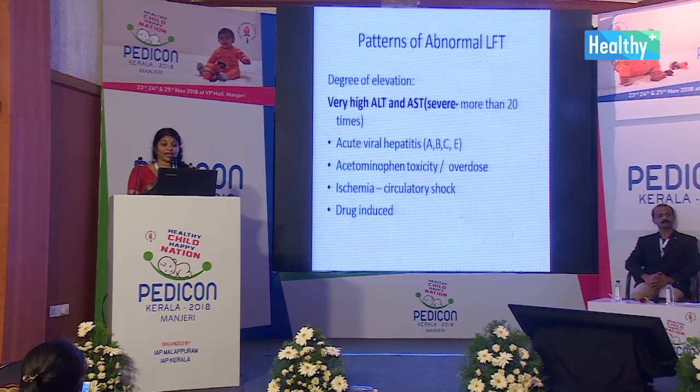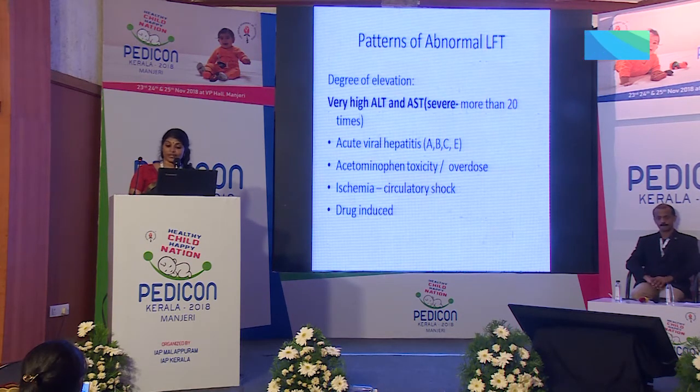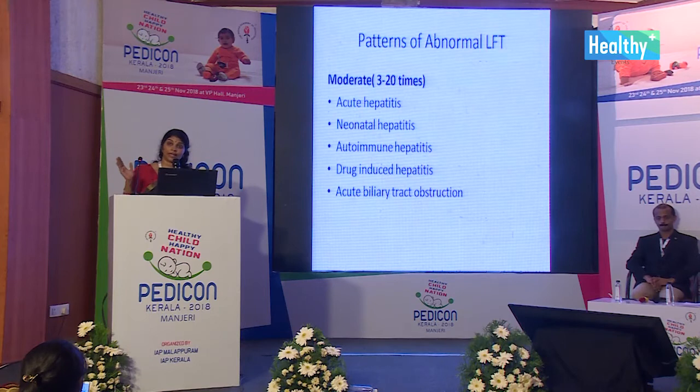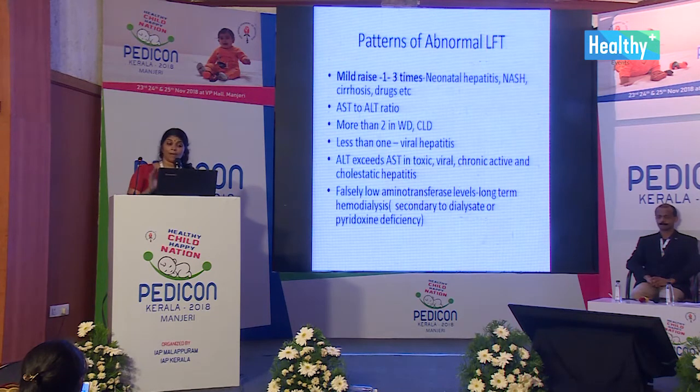So, very high ALT and AST, think of acute viral hepatitis, drugs and toxins, as well as ischemia, that is circulatory shock. Moderate elevation, think in terms of acute hepatitis, neonatal hepatitis, autoimmune hepatitis, drug-induced hepatitis, and acute biliary obstruction. Mild rise, 1 to 3 times, think of neonatal hepatitis, NASH, cirrhosis, and